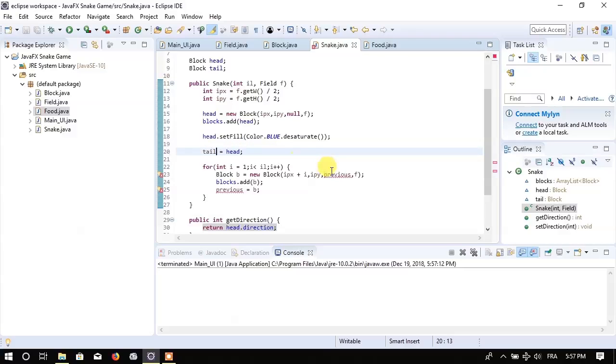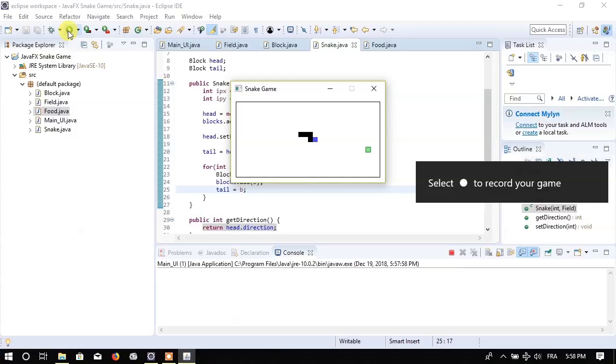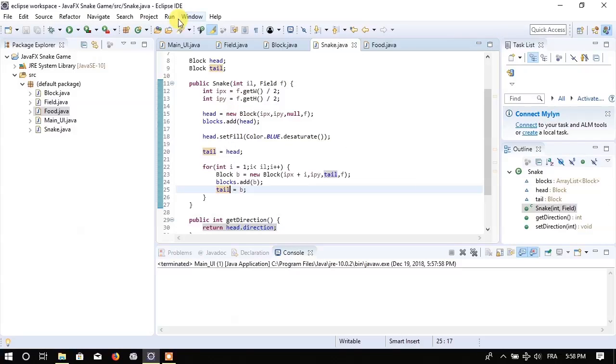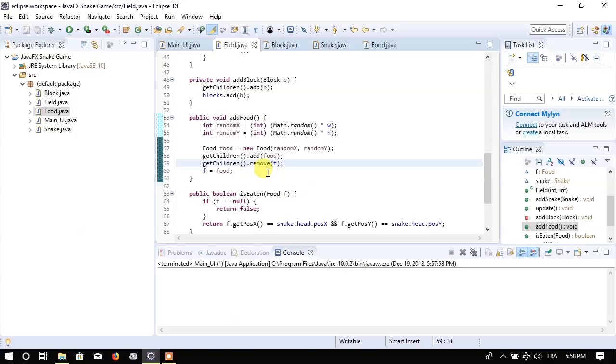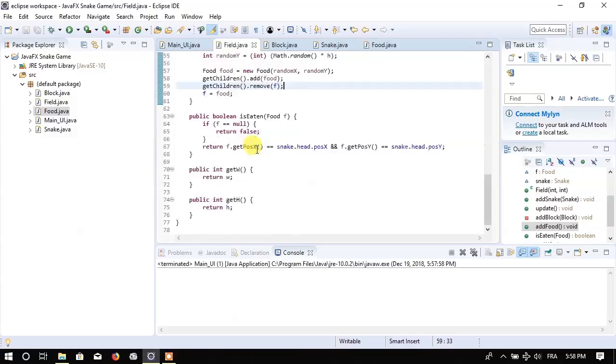I will use the tail as the previous, and when this method gets done, when the loop is done, the tail will have the last block, and I want to use that tail